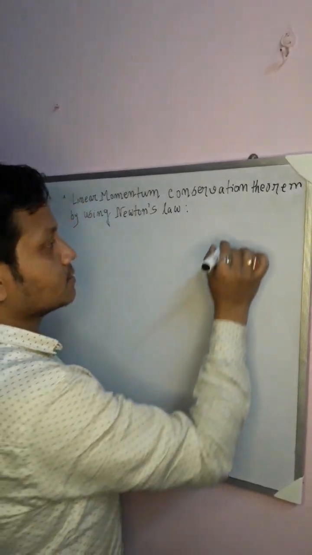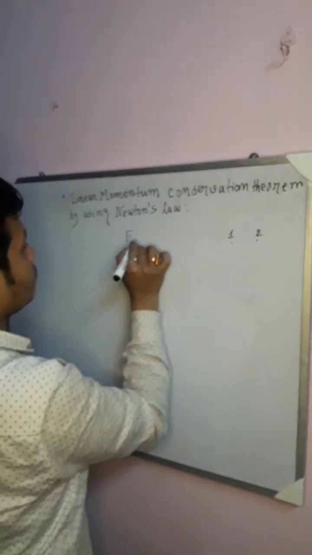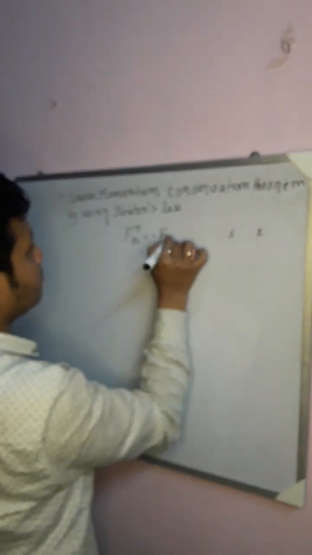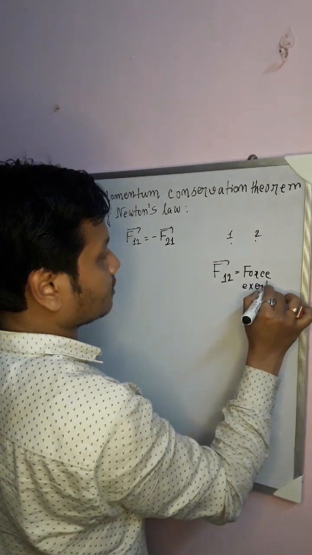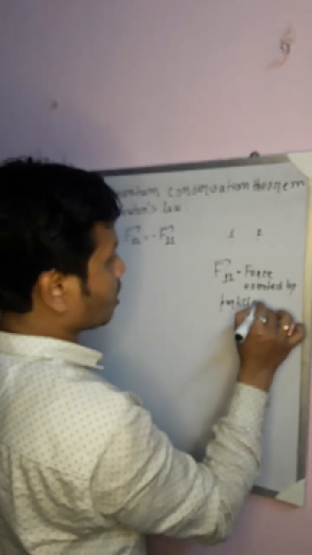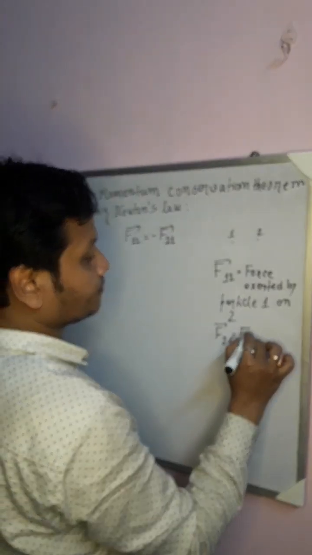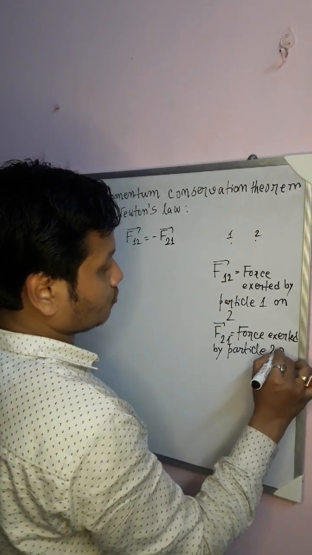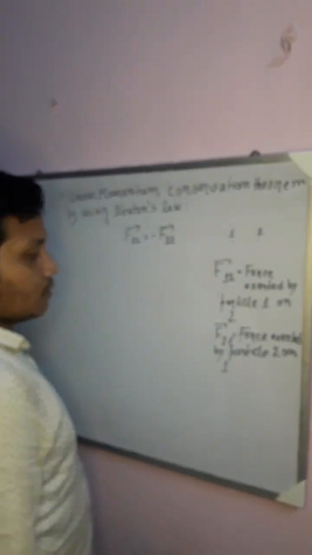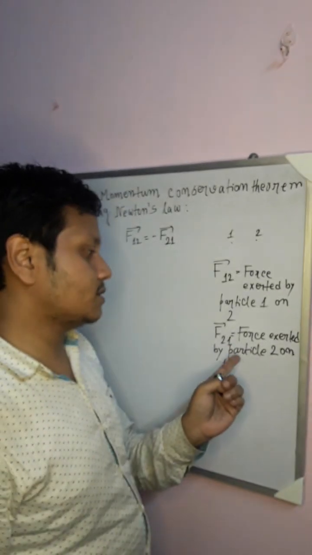Now if there are two particles, then we all know that the mutual force among these can be written in this way. Suppose this is particle number 1 and particle number 2. So we all know that F12 equals minus F21. What is F12? That we denote the force exerted by particle 1 on 2. Okay, and F21 is the force exerted by particle 2 on 1. Okay, so F12 means force exerted by particle 1 on 2, and F21 we denote as the force exerted by particle 2 on 1. So we have to use this. Okay,